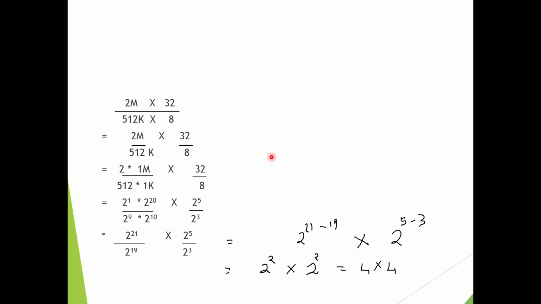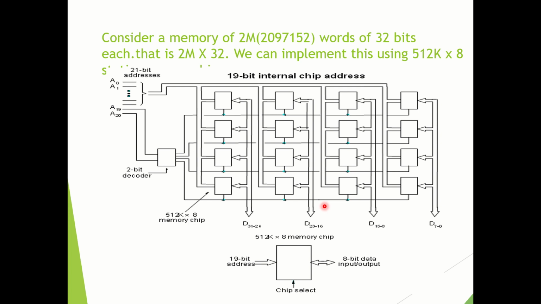So next we can see the figure. This is how we got the values. Here each of these chips is a 512K by 8 chip, and we know that a 4 by 4 arrangement of these chips is needed. That is 4 rows, 4 by 4. 4 rows of these chips will be there, and in each row 4 columns of chips are there. So that is how we get this arrangement. Understanding this arrangement is very important. How we get this structure is very important.